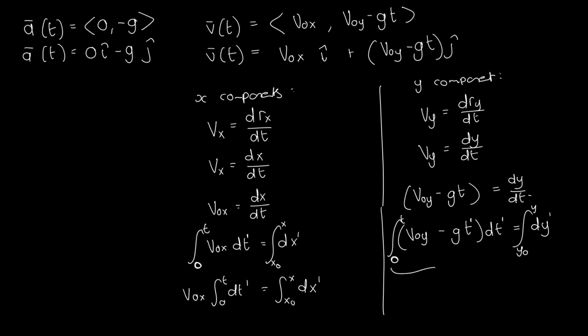We can break this up. Remember, when we do integration like this, we can separate them. So we're going to have the integral from 0 to t of v0y dt prime minus the integral from 0 to t of g t prime dt prime is equal to, and let's move our page a bit so we have more space,